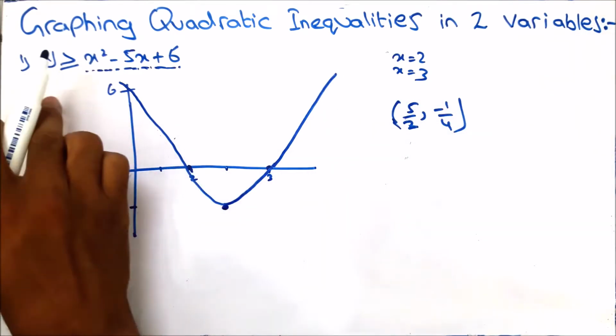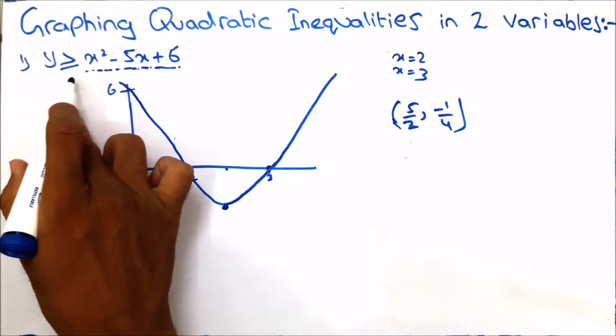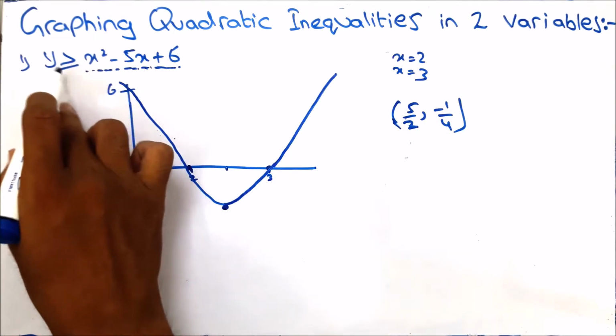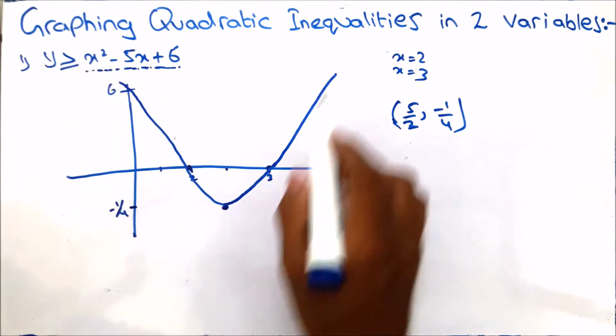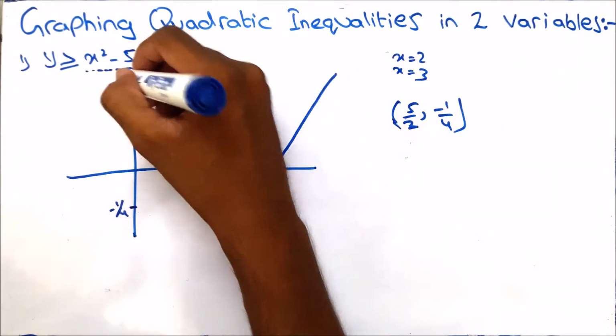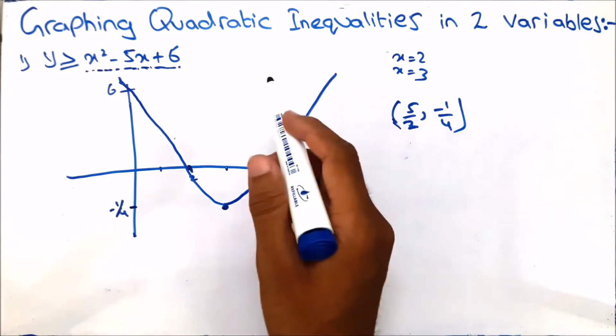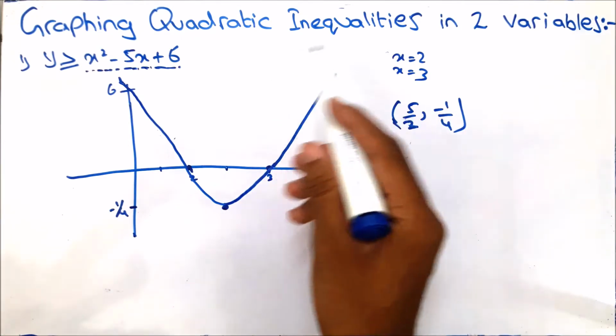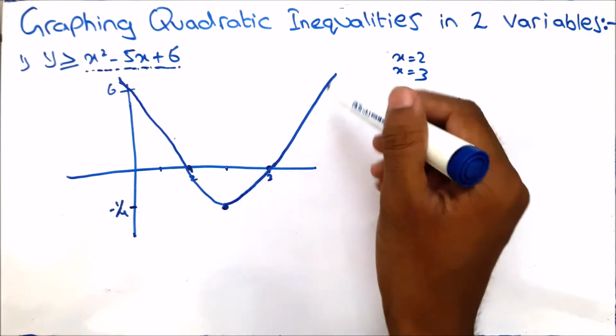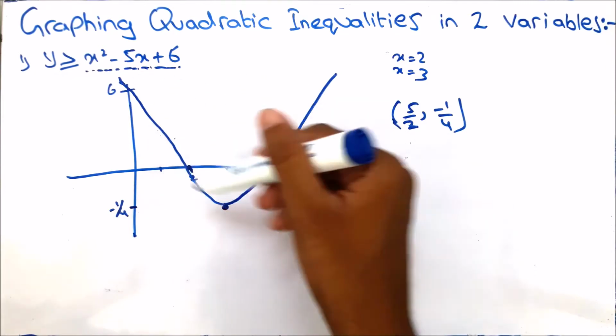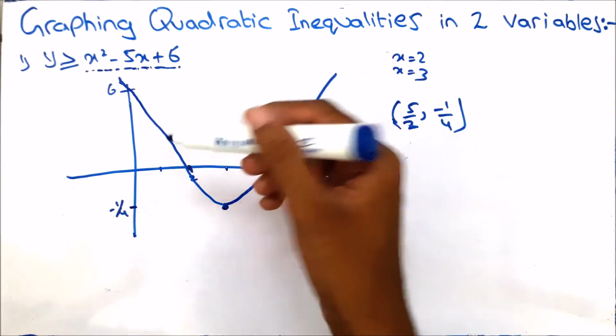Since we have this equal to sign with this y is greater than or equal to, we won't draw a dotted line like we used to do when graphing linear inequalities. It's the same as the linear inequality, just that the difference is we have a quadratic, a parabola, while graphing